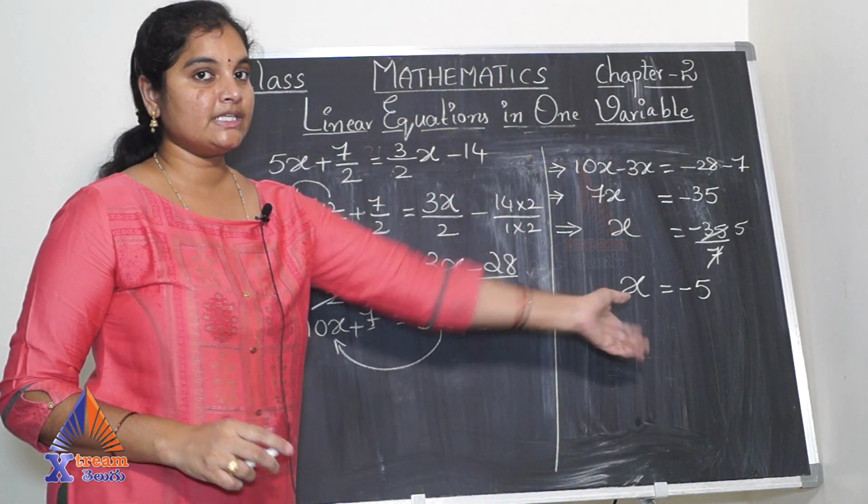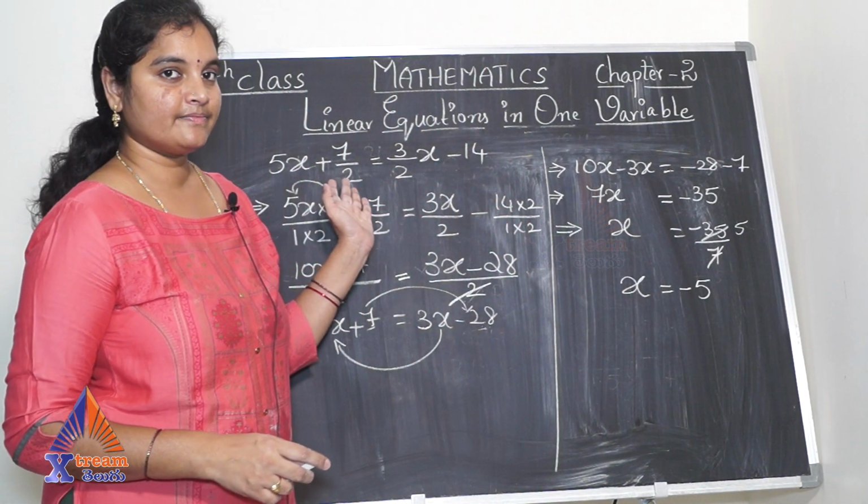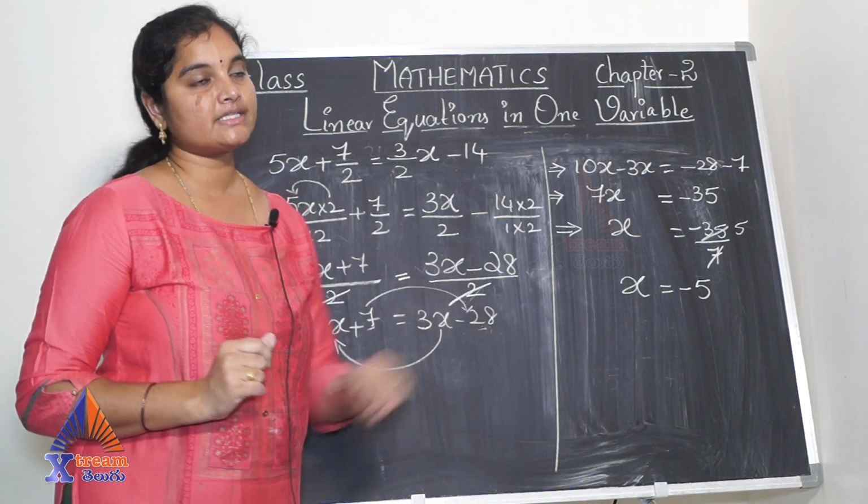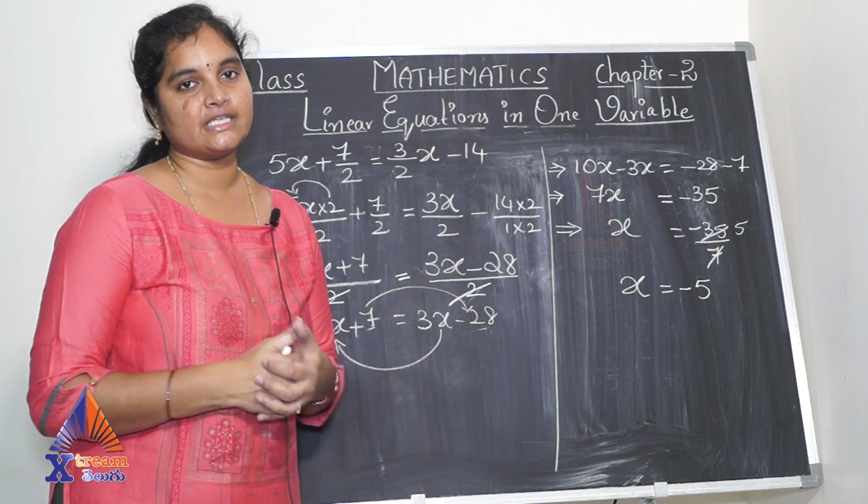So the answer is very easy. The question was very complicated. So we can trust this rule that complicated questions will have simple answers and simple questions may have complicated answers.